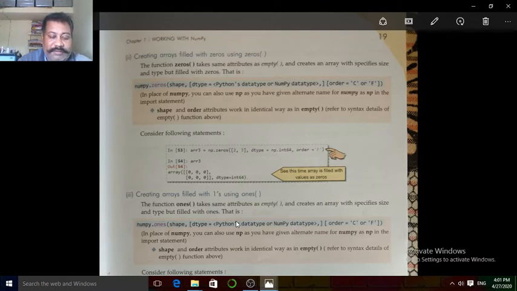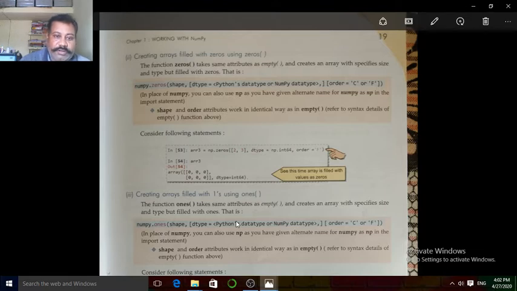We create an array, named something like arr3, equal to np.zeros((2,3), dtype=np.int64, order='F'). Order equal to F means the order is column-major. Now see how this function works. If we show the content of this array, it is an array of 2 rows and 3 columns, printed as 0 0 0 and 0 0 0, with the data type we defined in the zeros function, int 64.